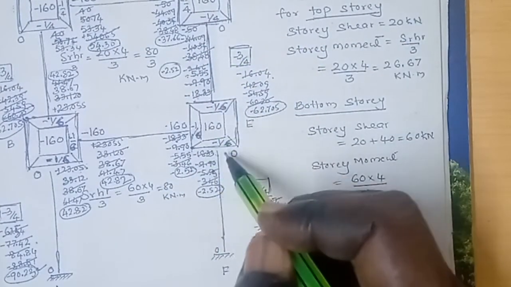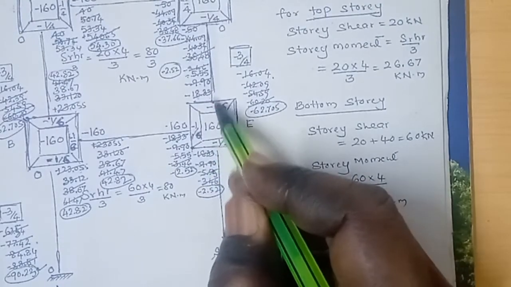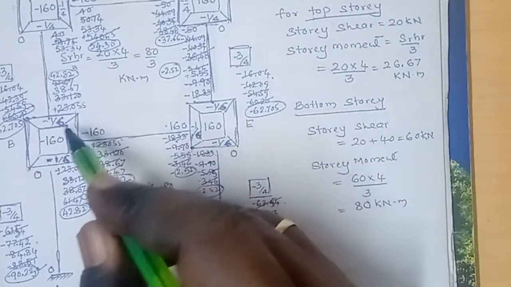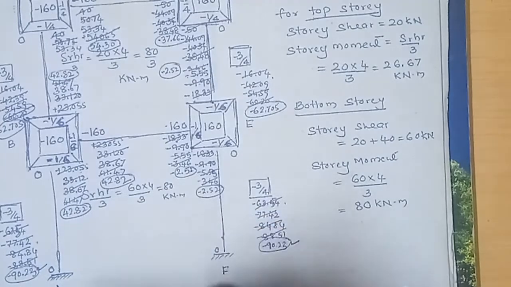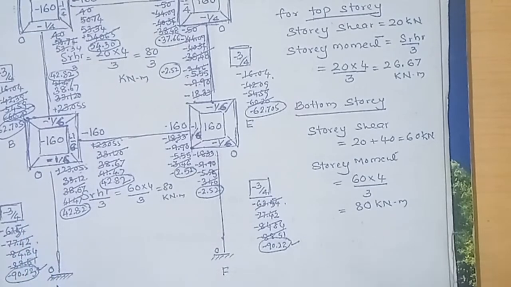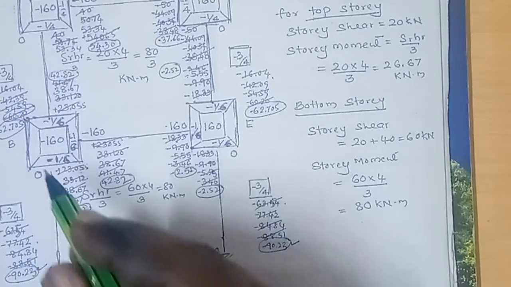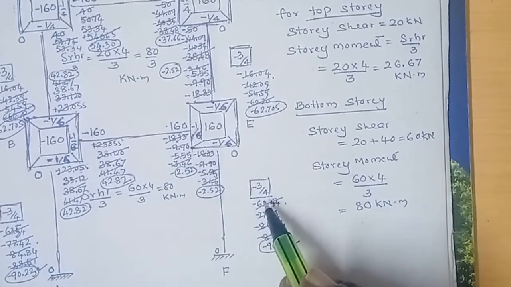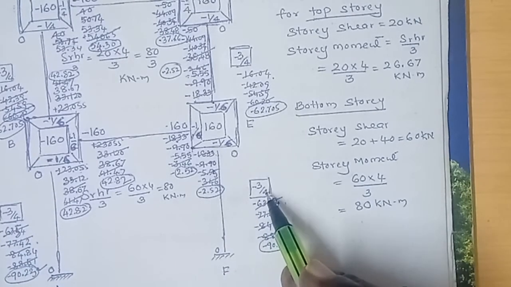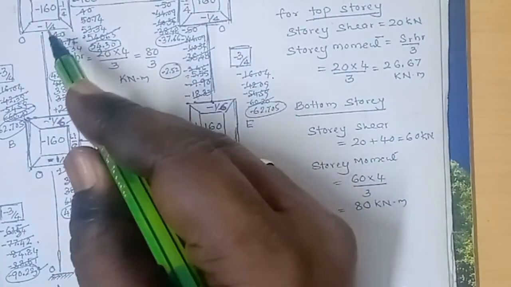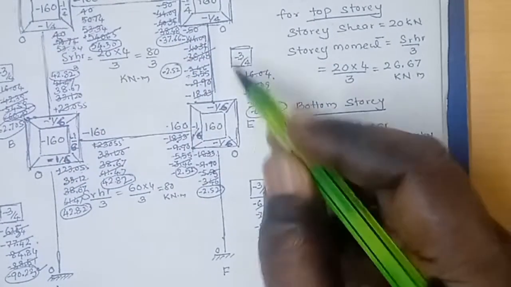Similarly, here minus 1 by 4 for horizontal member, minus 1 by 4 for vertical member. Here minus 1 by 6 for all, for vertical member minus 1 by 6, minus 1 by 6 for horizontal member, minus 1 by 6. Similarly, here also you have to write here the fixed end moment is 0. Then the displacement contribution that we have calculated, that is for first story vertical members minus 3 by 4, that you have to write here. Similarly, for the other column EF minus 3 by 4, for the upper story that is minus 3 by 4 for BC, minus 3 by 4 for ED.